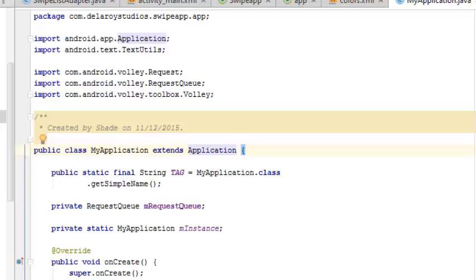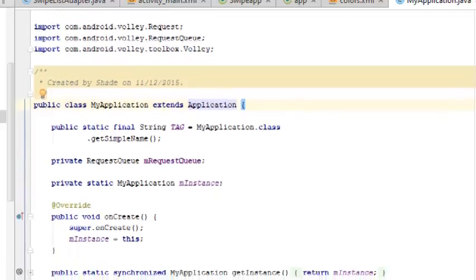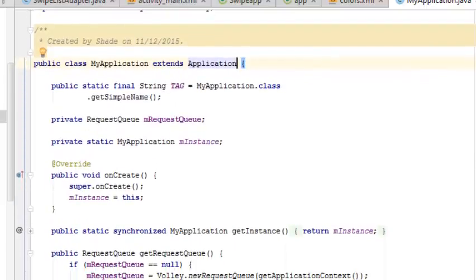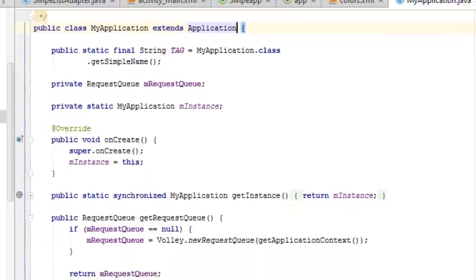You declare some static fields, the string called TAG, the request queue, and MyApplication instance. You create a method called public void onCreate, which is going to call the superclass, and assign the instance to this particular class. There's a static synchronized MyApplication method, which is going to return, it's not a void, it's going to return a value